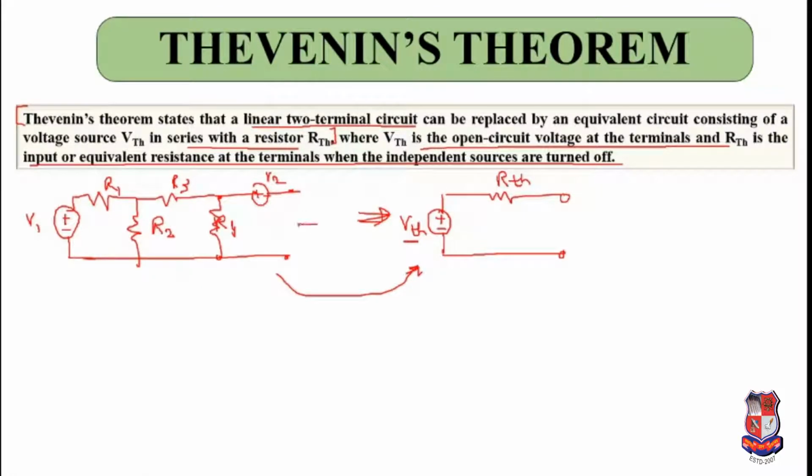Now from here you have to observe and find the open circuit voltage. This open circuit voltage will give you Thevenin's voltage. So by finding this open circuit voltage, you will get the value of VTH. And similarly, to find RTH, what you need to do? You need to remove all the independent sources. So independent sources are removed. It means this is removed. The voltage source is removed by short circuiting it. Similarly, over here also this is short circuited. And then equivalent resistance is found. From finding the equivalent resistance, you will get the value of RTH.